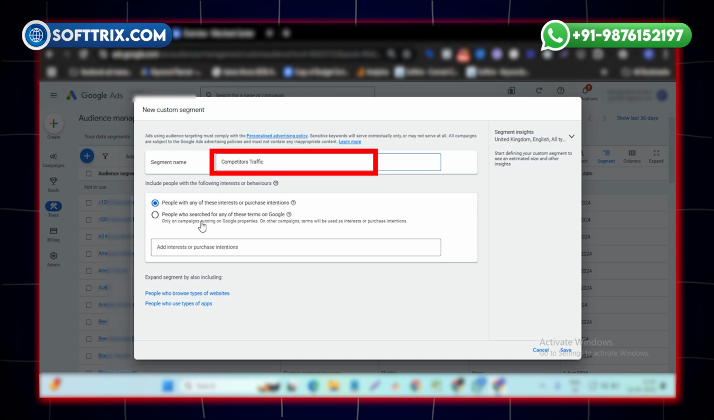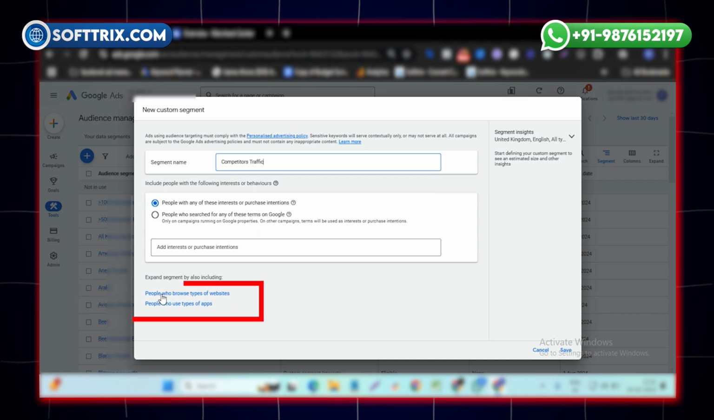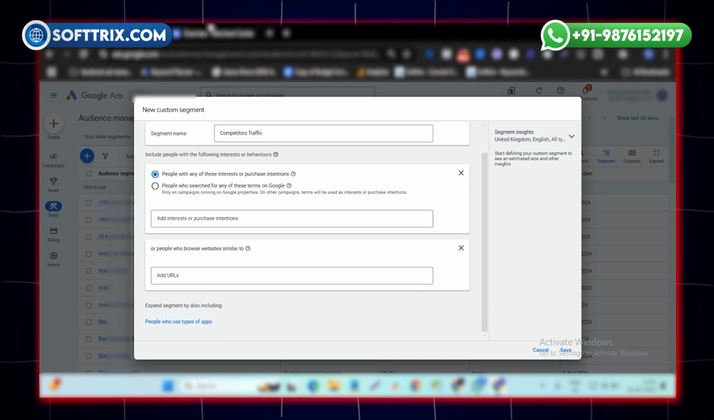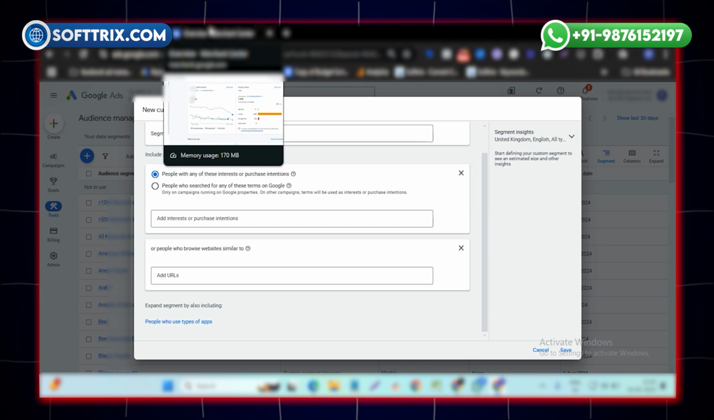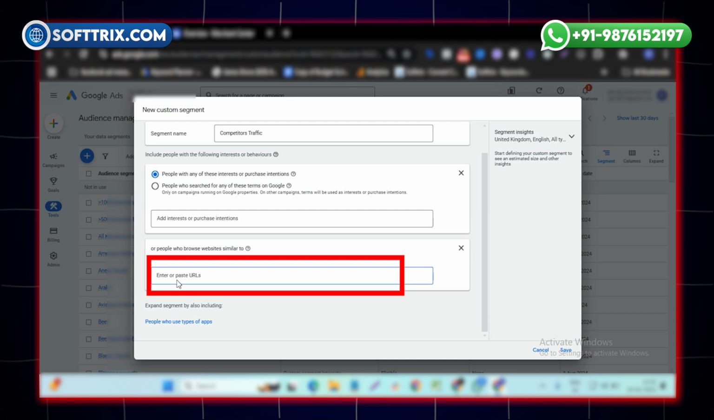traffic, and there you can see the options: people with any of these interests or purchase intentions, people who search for any of these terms. So we don't want to target either of these two options. There's an option, people who browse types of websites. So let's say if we are selling alcohol, we are selling shoes, similar kinds of websites, so competitors will be more relevant. So then you can put the competitor's website here, and I'll show you where you can find